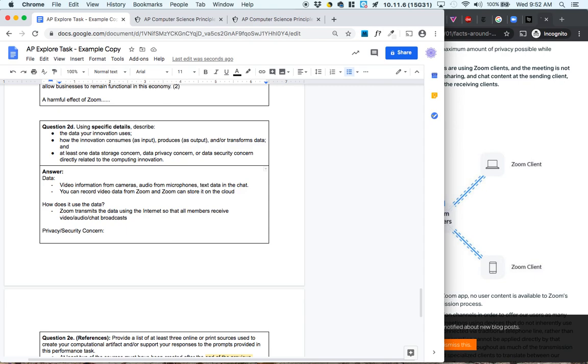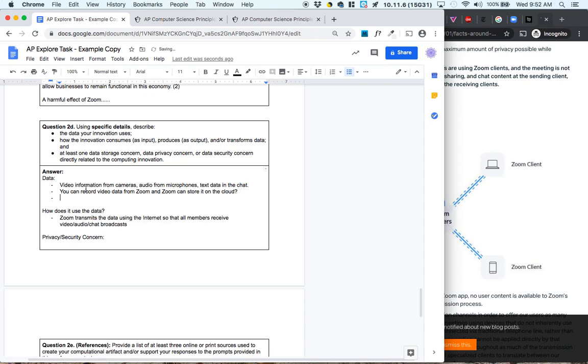So of course that's interesting because where are those server computers? How do they protect those server computers? Are they encrypting the video? Lots of interesting questions about that. Another question that I have about the data is, I guess this is a security privacy concern here, which is when we transmit the data,